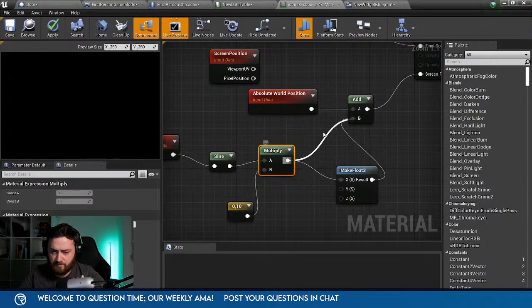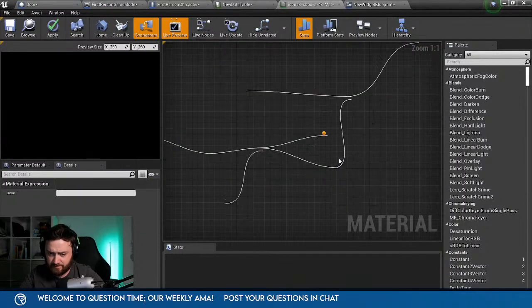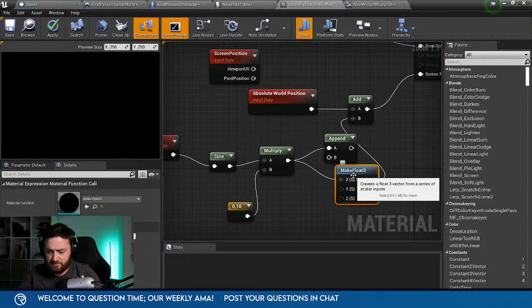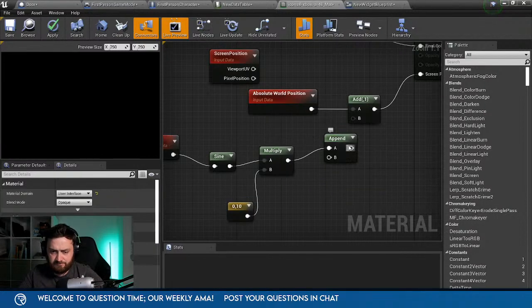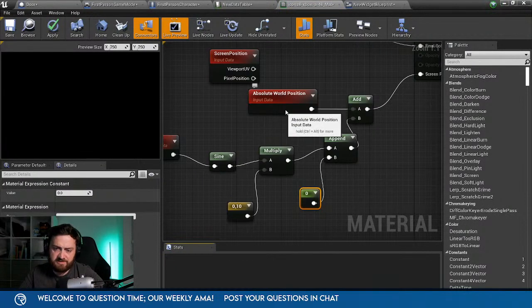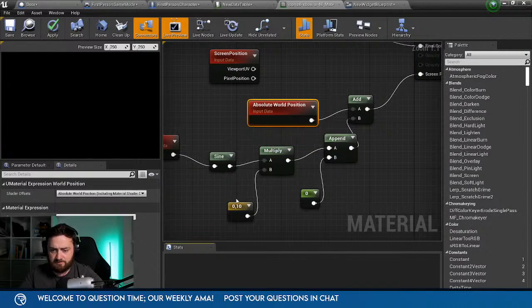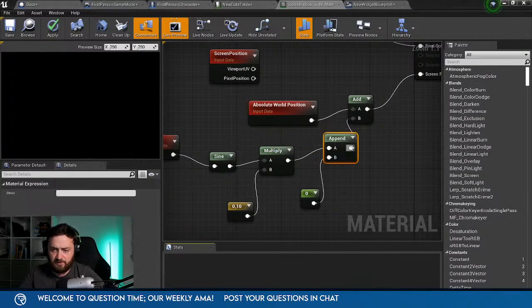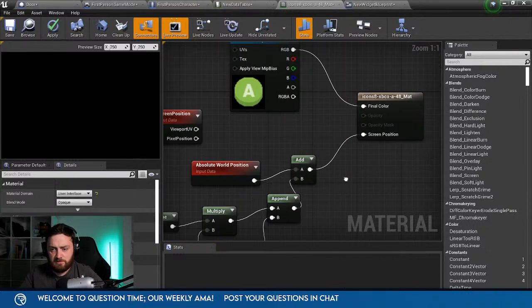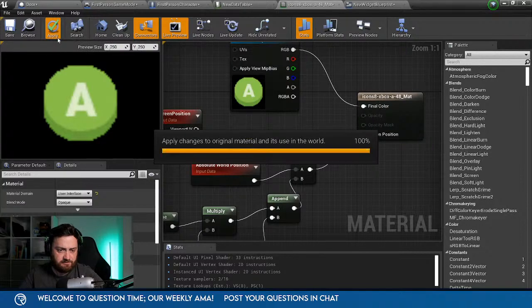No, we do append. That's a 2 on there, so append vector. Delete that. There. And append, we'll just put in 0. This is a 3 vector, this is a 2 vector currently, so we'll do like that. But I don't. Oh wait, there you go. Showing something.